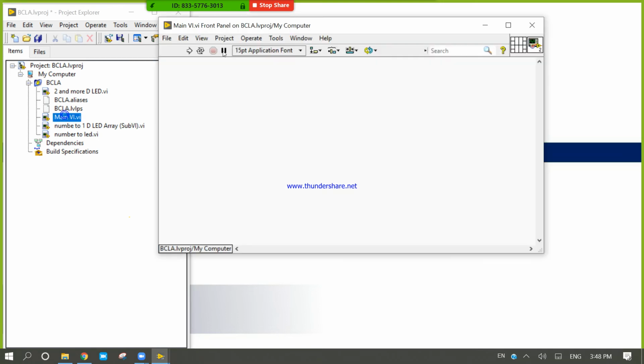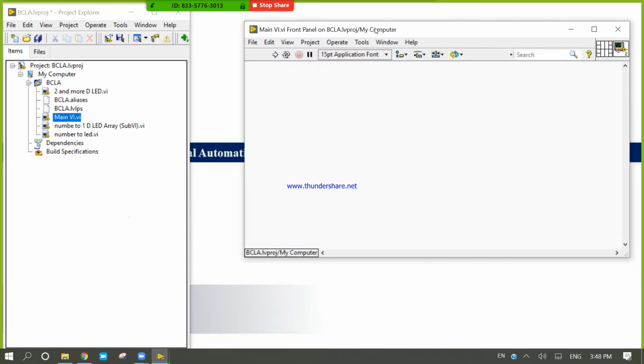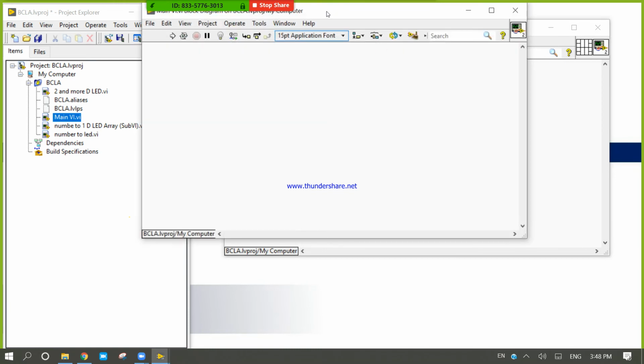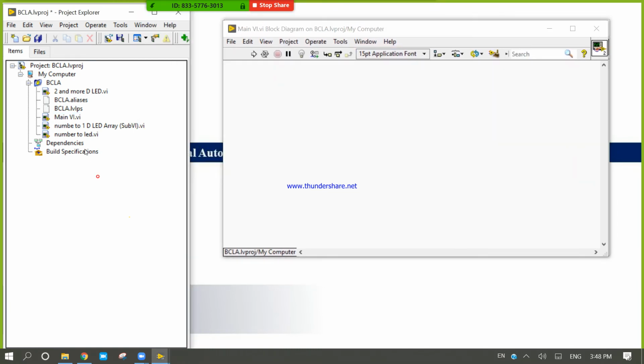Now double click. Again we will create the same project using the same VI and try to complete our main target. So I am using this front panel and block diagram.